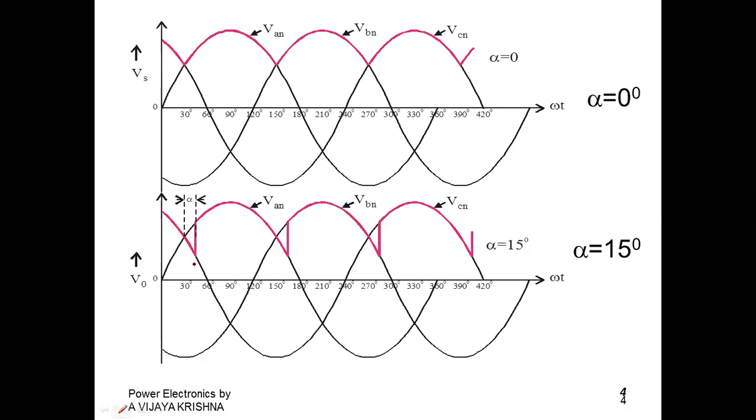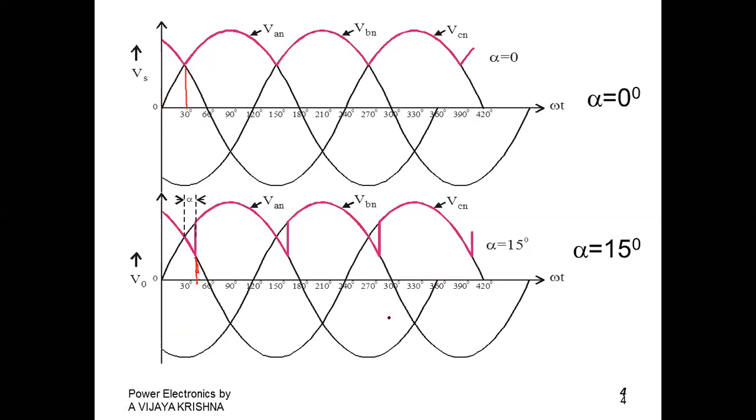Okay, this is the line. This is the 45, and this is the 30. Alpha plus pi by 6. Alpha is 0, pi by 6 is 30. Then if you come across this one, that is again alpha plus pi by 6. Alpha is 15, 30 plus 15, 45. In the same sense, the next one is also considered alpha plus pi by 6.